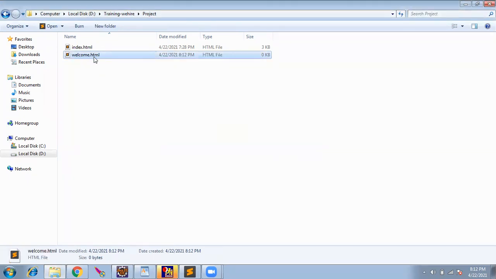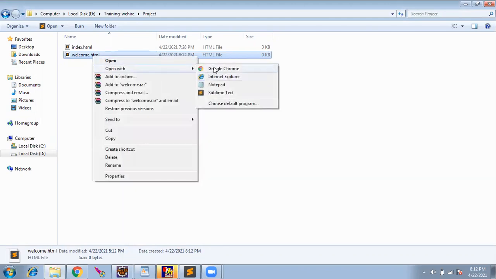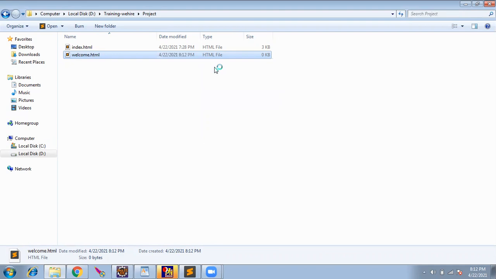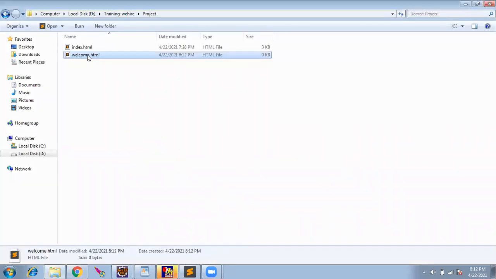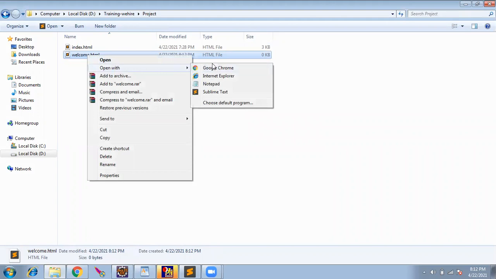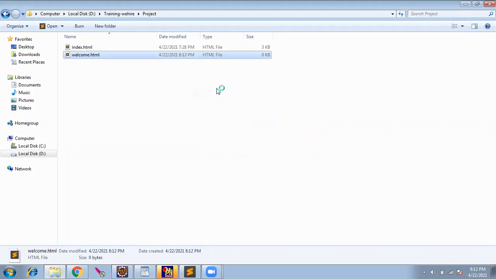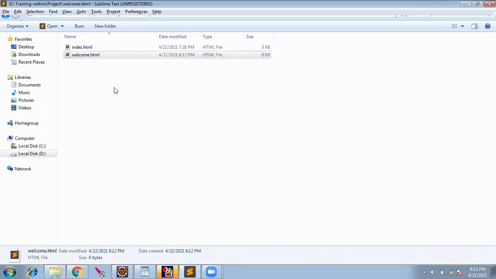If we create .html, the file is ready. All we have to do is right click and open with Chrome, or any browser, Chrome or Safari or Mozilla. We don't have any content yet, so I'll open this in the editor, Sublime, for writing the code.